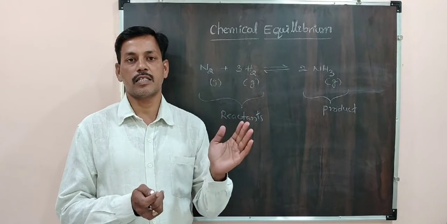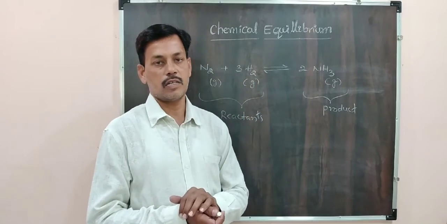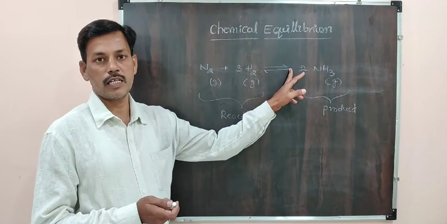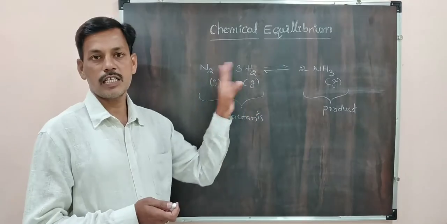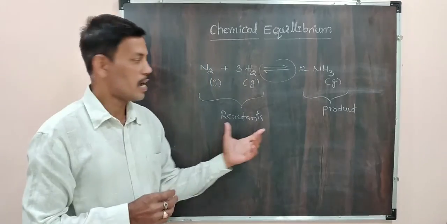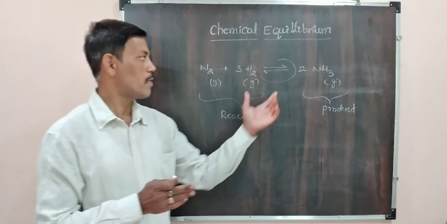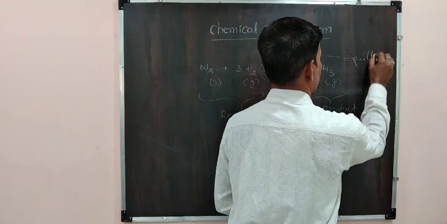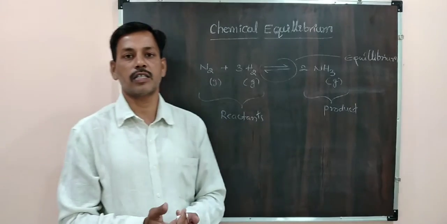It means these reactions proceed in forward and backward directions. In this type of reaction, we see the arrow mark is shown on both sides. Here the reactant and product concentrations are equal. This type of state is called equilibrium. Got it? So in chemical reactions, some of the reactions